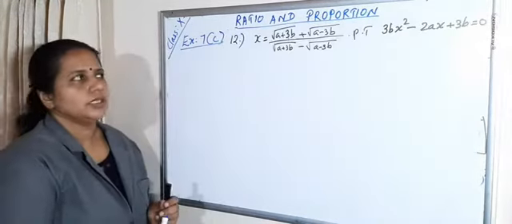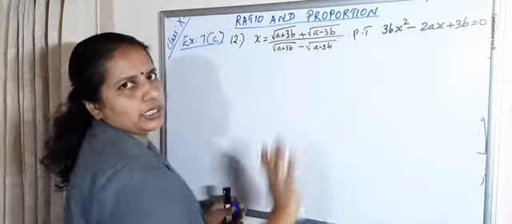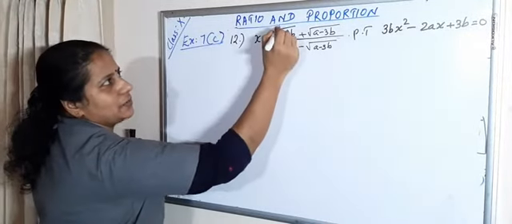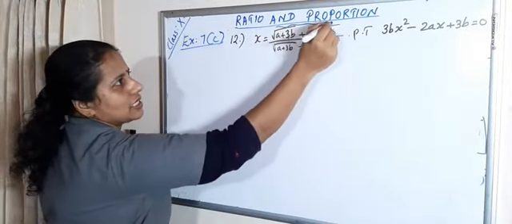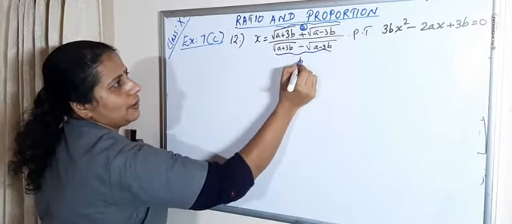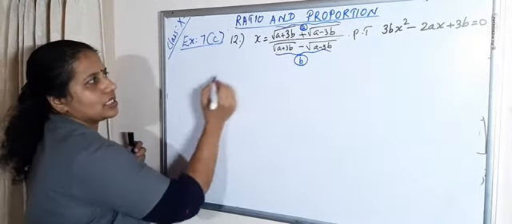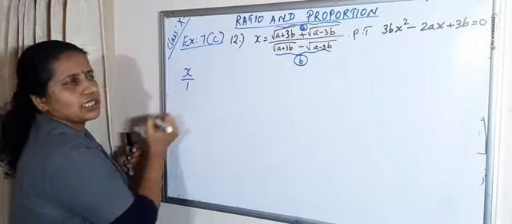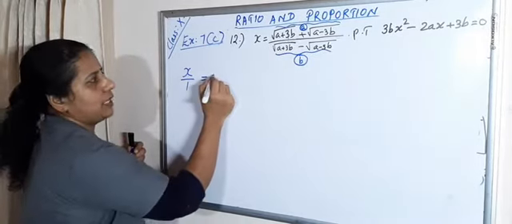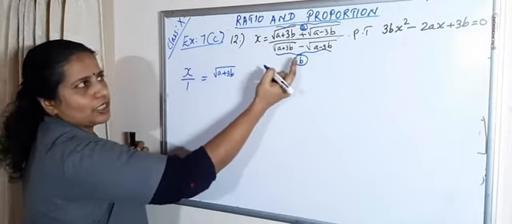Clear? Look at here, x is equal to this one, prove that. Okay. So a plus 3b plus a minus b. So this is our a, and this one is our b. Okay. So x is equal to x by 1, and this is our a, and this one is our b. So a plus 3b, it is already in complementary dividend form.